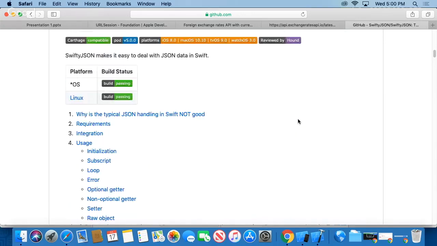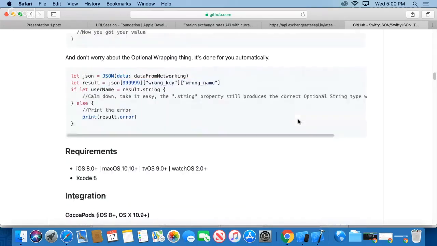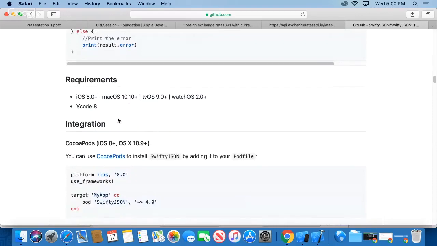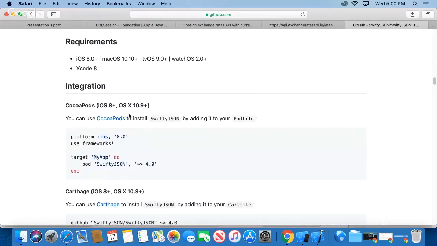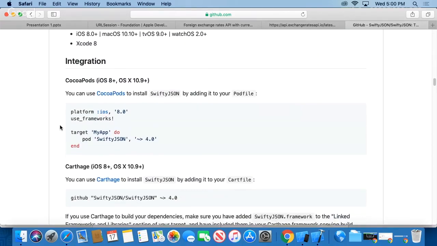And how will we do that? How do we use it? So requirements, we'll meet all the requirements. There are various ways we could install this, like CocoaPods. Do any of you know what CocoaPods are? Oh, it's not the pods to make coffee. Like NPM packages. Yes, they're like NPM packages, or